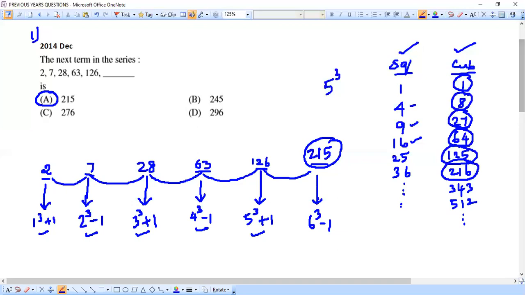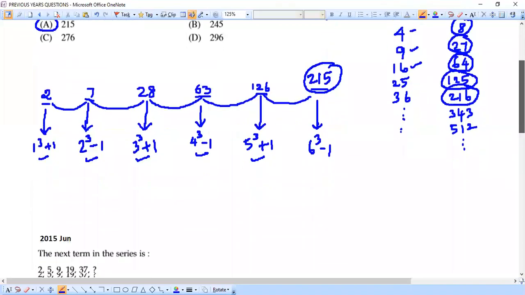This first question itself took more time for us to solve, right? Since we are following our basics thoroughly, it is taking much time. But if you're very clear with your concepts, this would take just a minute to solve. Yeah, fine. I think we can move on to the next question.